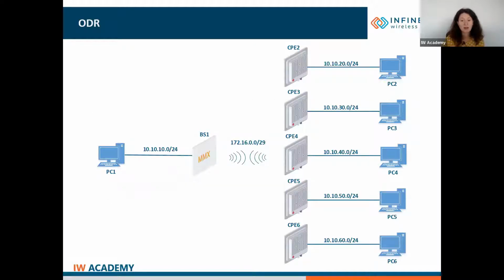Let's now discuss on-demand routing. ODR is a protocol for distributing route information used in star-type network topologies. The point-to-multipoint topology that you can see in the picture is as well a star in its meaning, so ODR is widely used in wireless networks. The ODR algorithm compared to other dynamic routing protocols is very simple, as you will see.